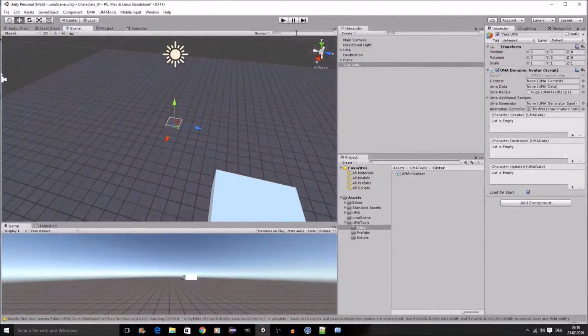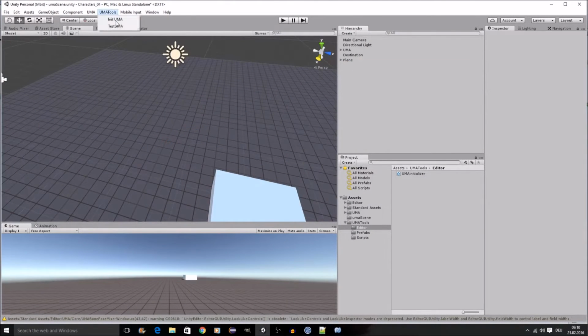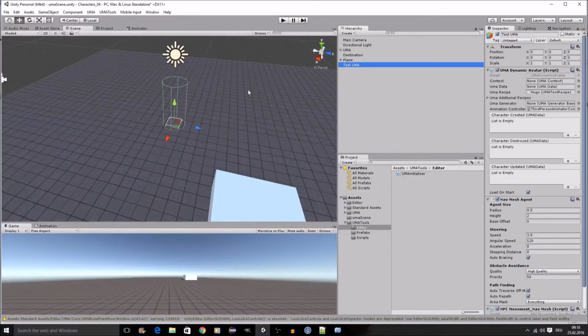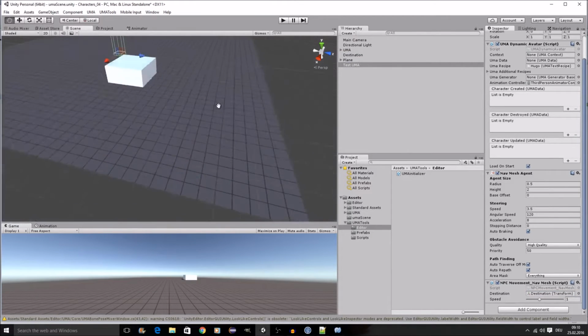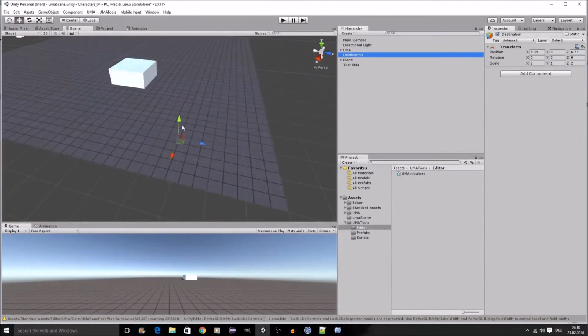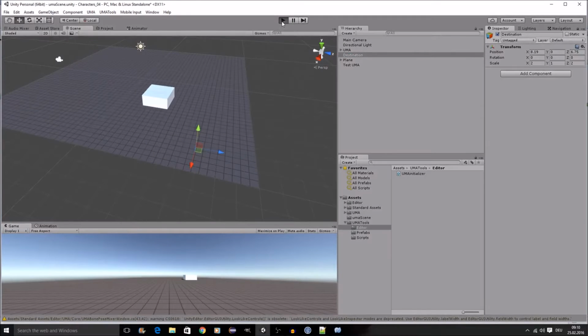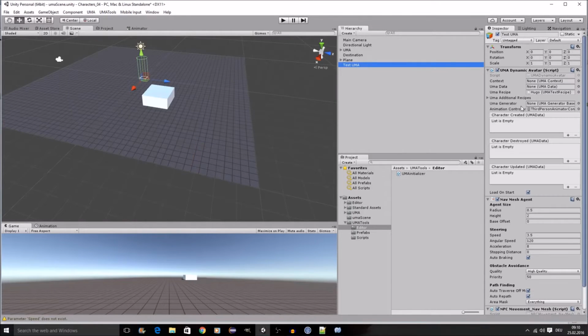So now we need to delete our test UMA once more and get him in, and there you see this cylinder of our nav mesh agent, and we've got our script. The only thing that's missing is our destination, which is I think here. Yeah. And now as we hit play, nothing happens, of course, because, well, not of course, but as we look